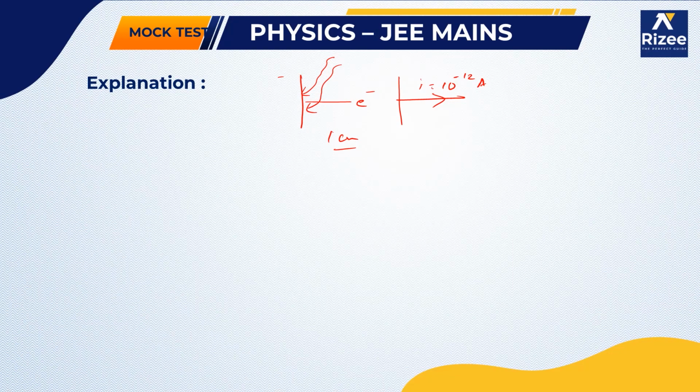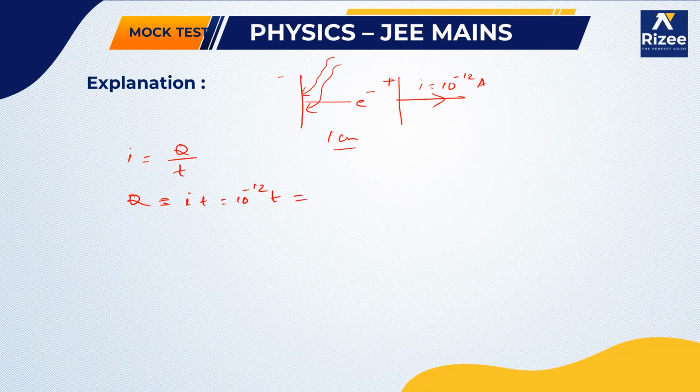Now how can you write the equation of the current? Current can be written as charge flowing in a given interval of time. So the charge is whatever charge has been flowing from the positive to the negative plate, which we are trying to calculate here. So Q is equal to current times time. Your current is 10 into 10 to the power of minus 12, into time t.